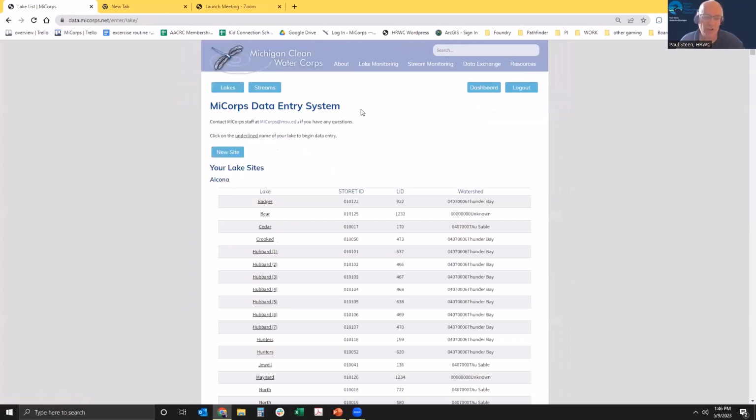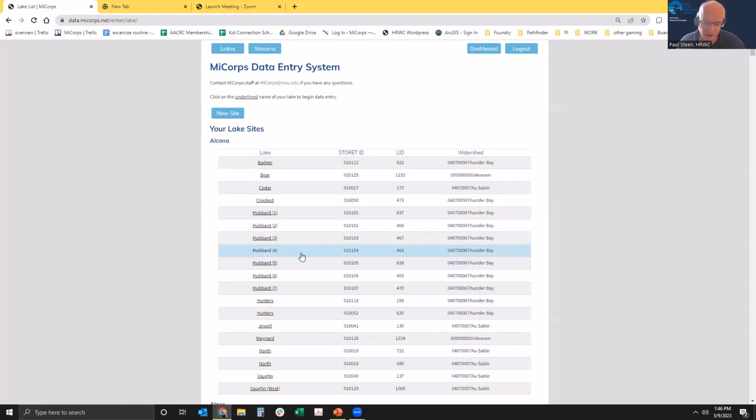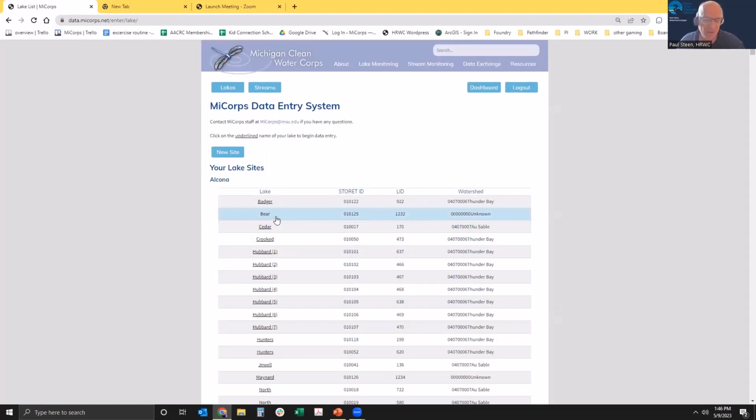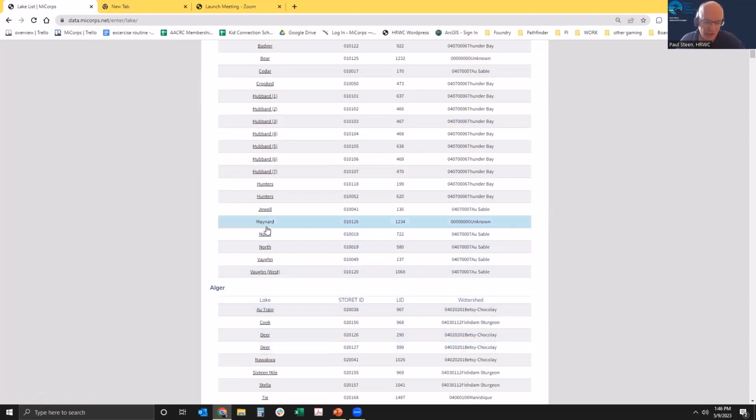It should look like this when you say enter data, and it will list all the sites that you have access to. I see all the sites in the program because I'm an admin, but for you it will probably just have 1, 2, 3 lakes in here, and you just click the lake that you want to enter data for,